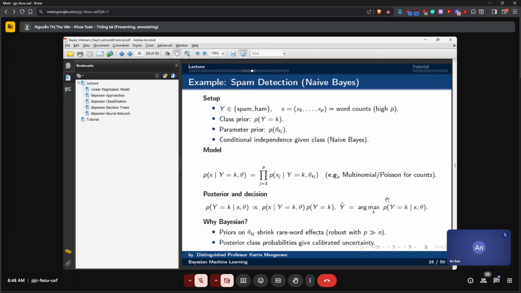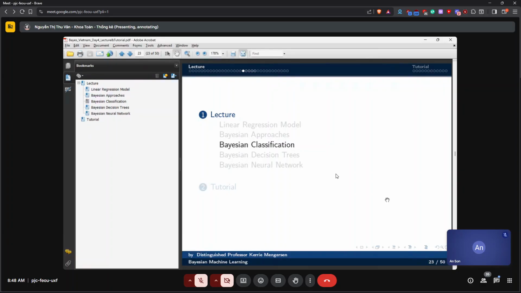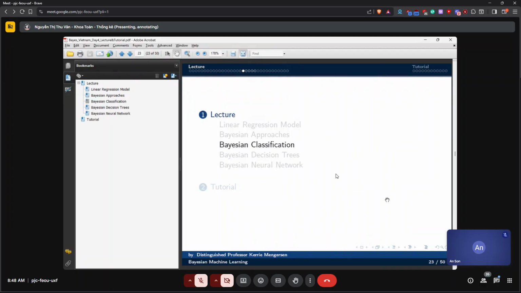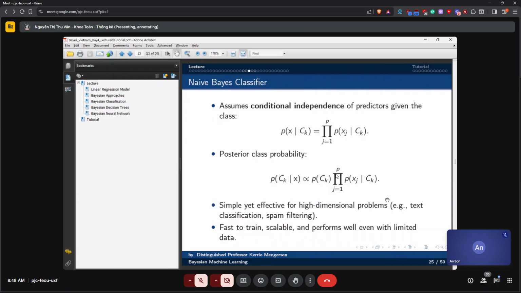Go back, back. Slide 23, okay, slide 24. Just go, yep, that's right. No, yep, that's it. Okay, so what we're going to do then is predict the most probable class. Okay, 25. I'm sorry to have to do this to you.